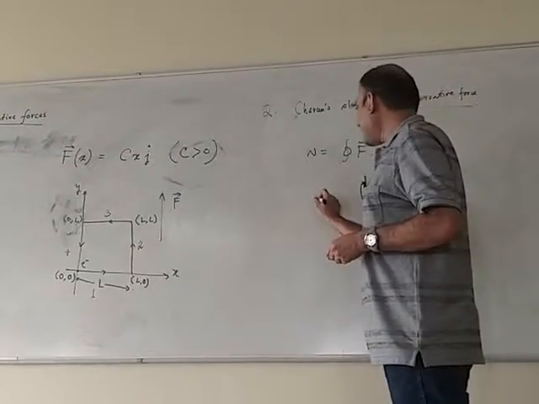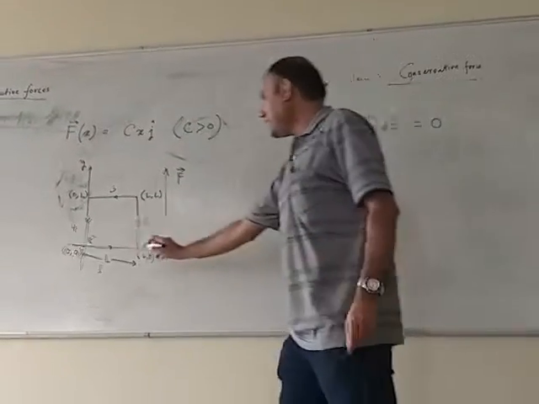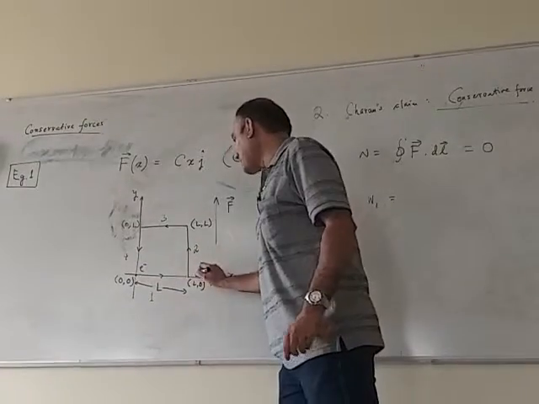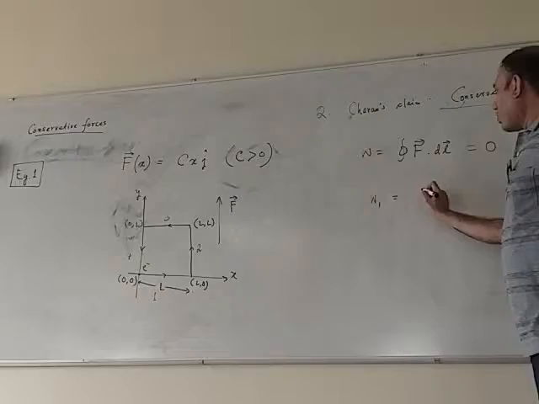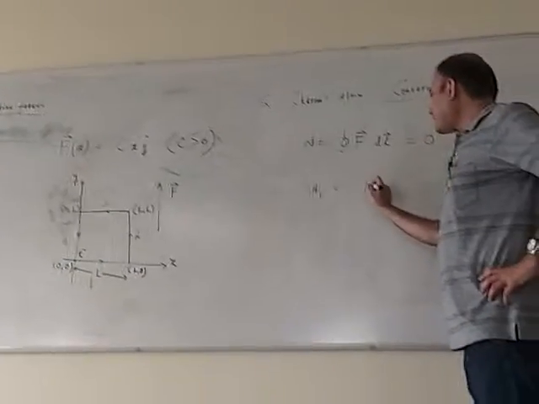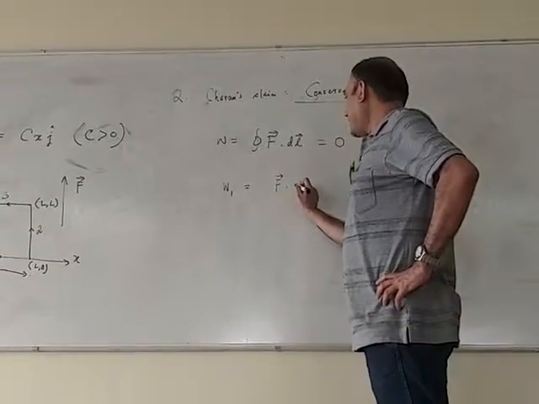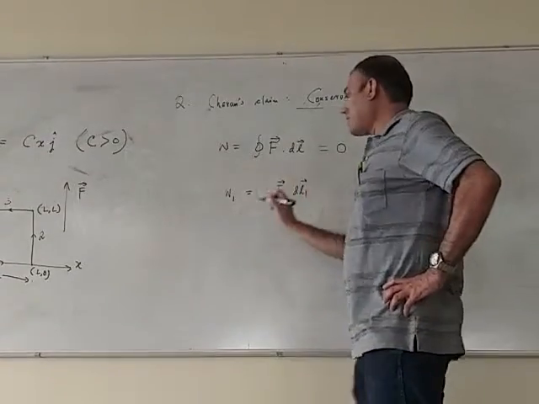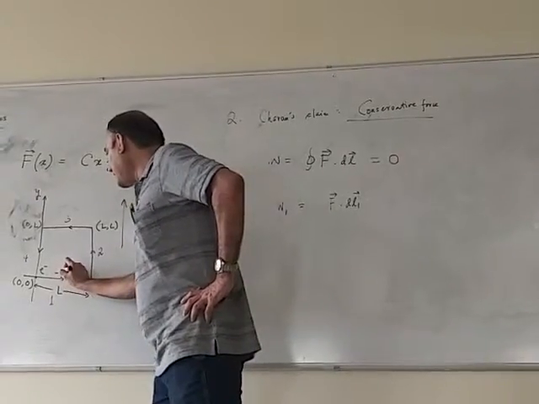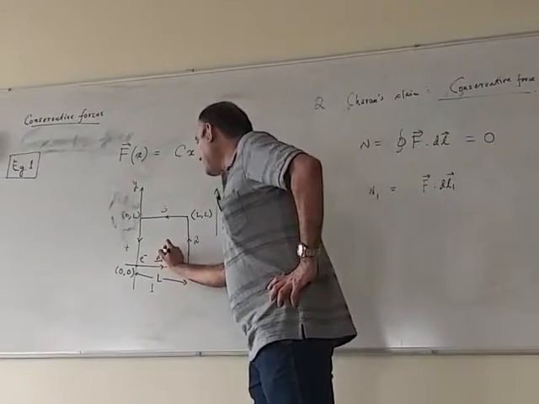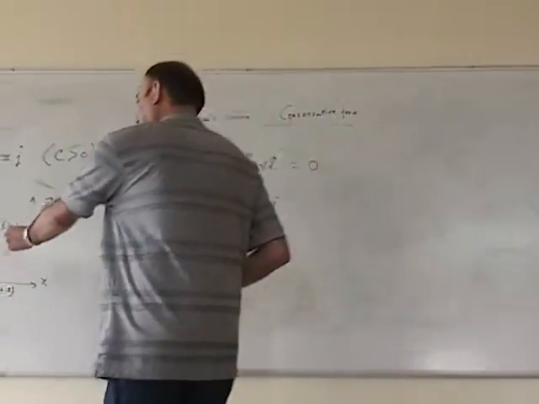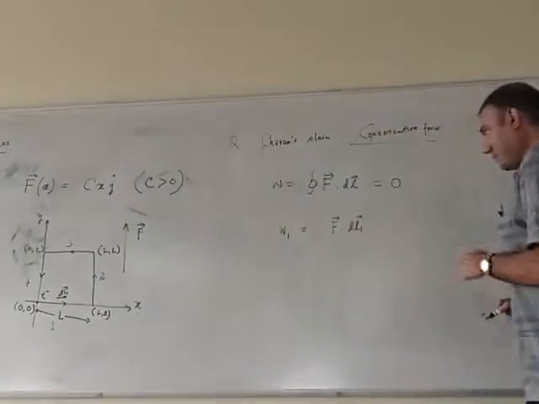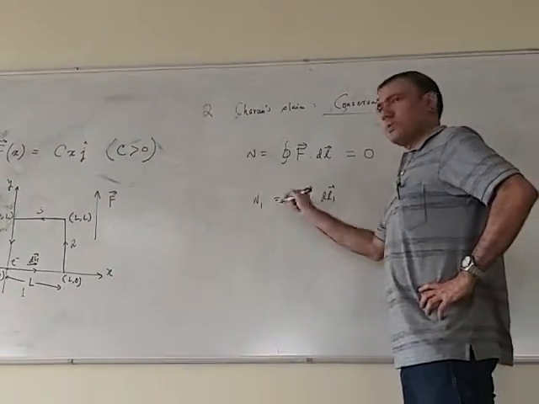Okay, so let's find out W1, for the first leg from 0, 0 to L. So go back to the basics. It's F dot dl1. I'll call this vector here an elementary length along the direction of motion of the electron, dl1. So what is F dot dl1? Before doing any integral at all,